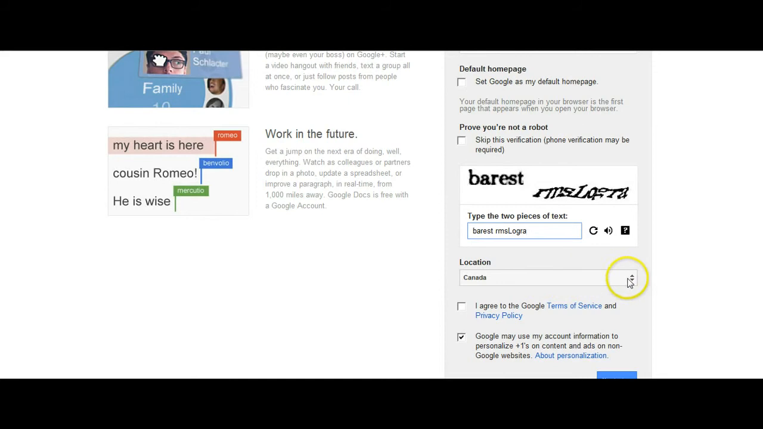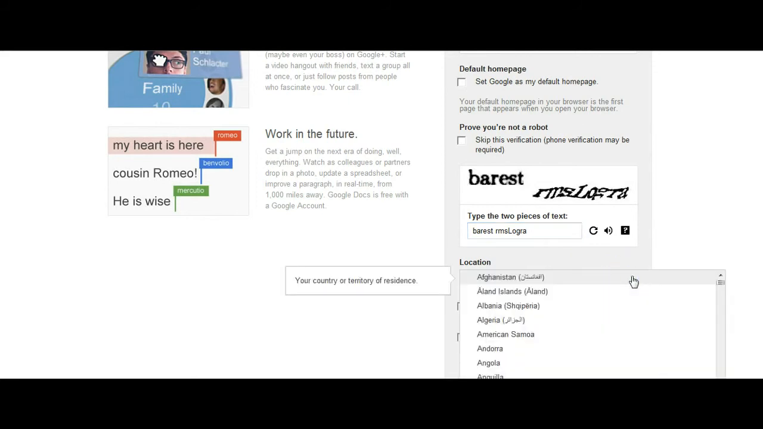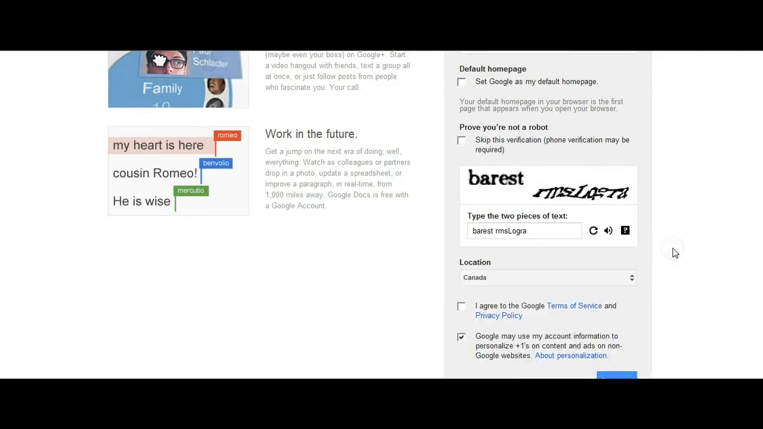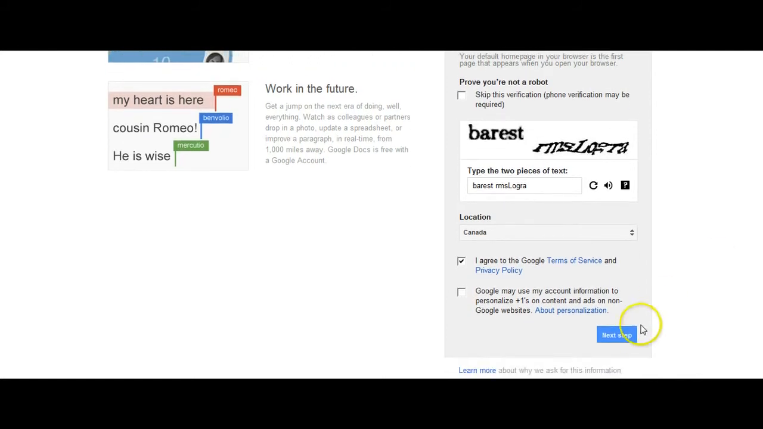Location, I'm from Canada. However, if you're not, you can just scroll through this list of different countries and add yours in. And if you're not from Canada, welcome to our blog sign up tutorial. I agree to the Google terms of service, but I would rather not have them use my account information. Once I'm all done that, I can just scroll down to this next step button, click on that,